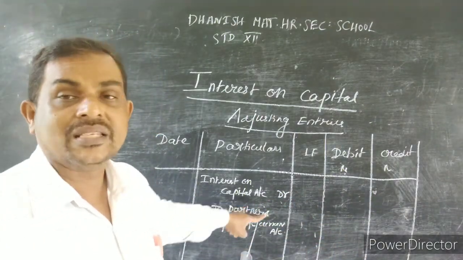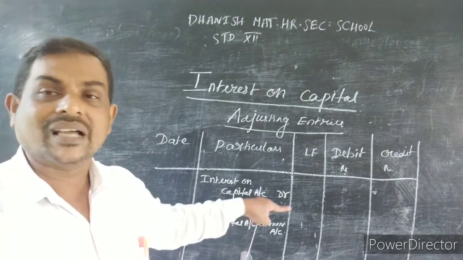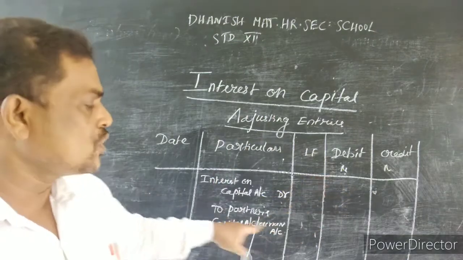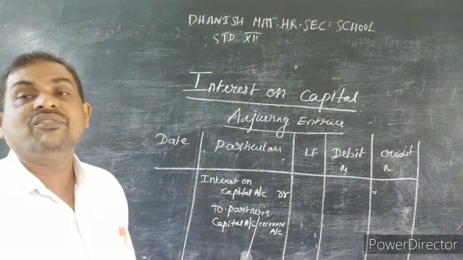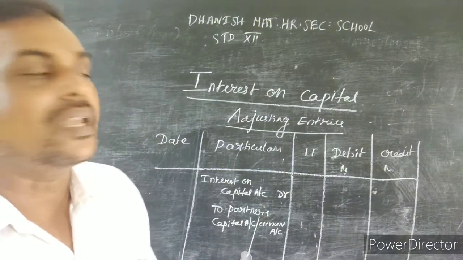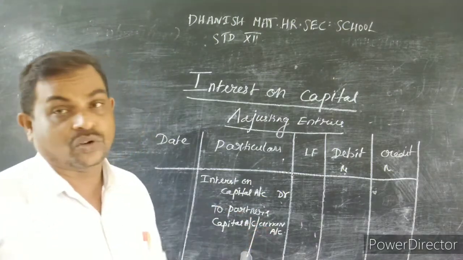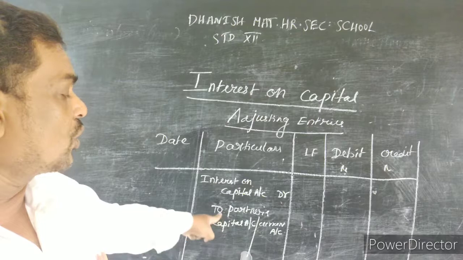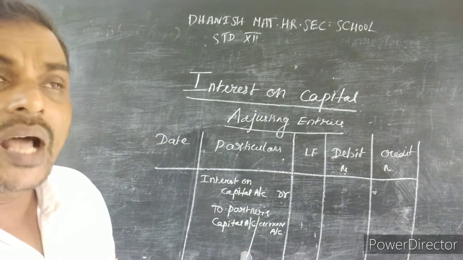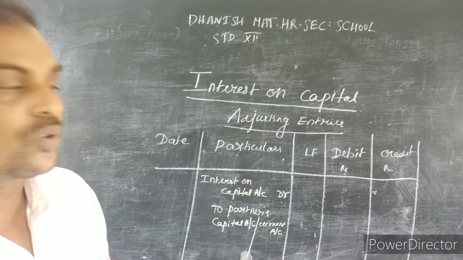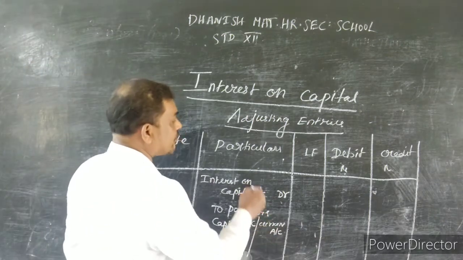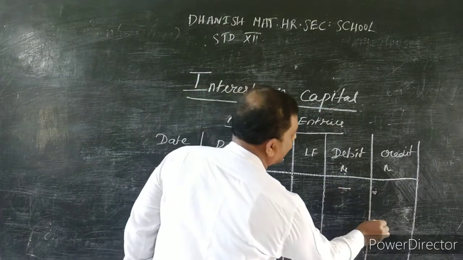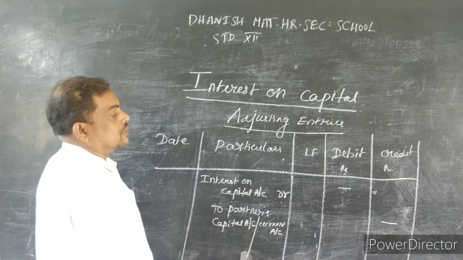Based on the sum only we have to credit, either partners' capital account or partners' current account. If the capitals are fluctuating, you have to put the partners' capital accounts. If the partners' capitals are fixed, you have to put the partners' current accounts. This is the format only. So you have to mention any one of the accounts, depending upon the sum. This is the journal entry for the adjusting entry for interest on capital. The amount will be given in the sum; you have to calculate and put it in the journal entry.